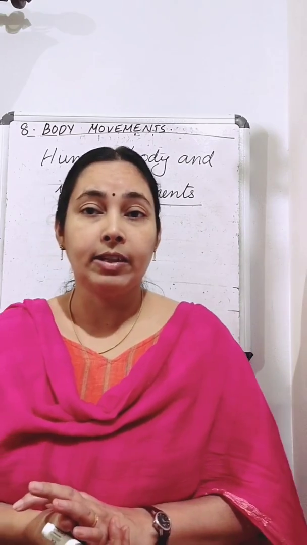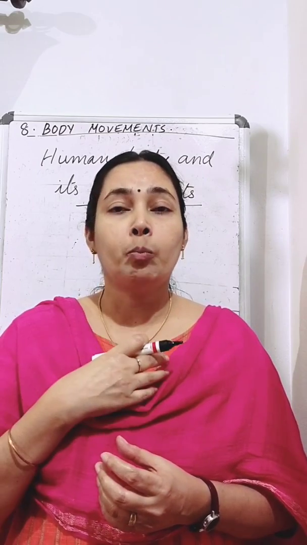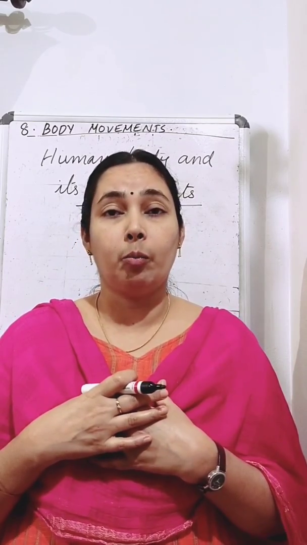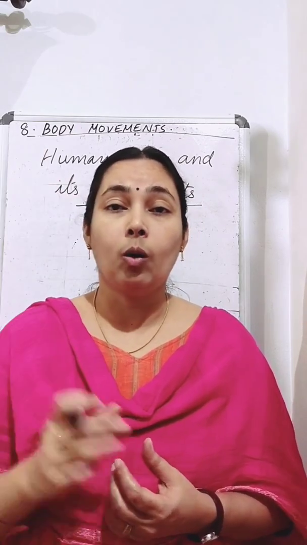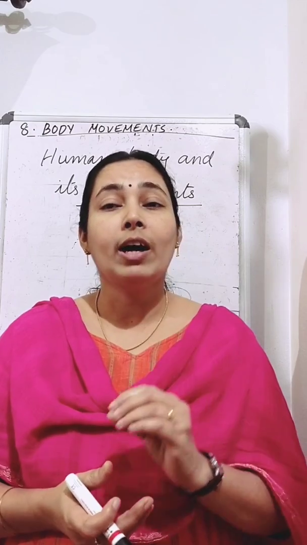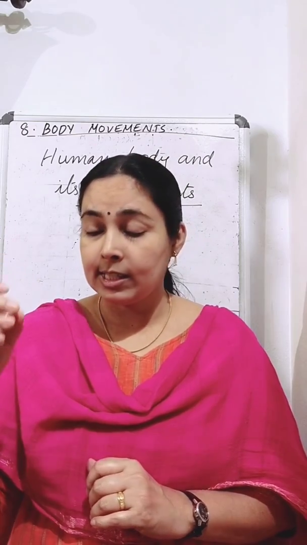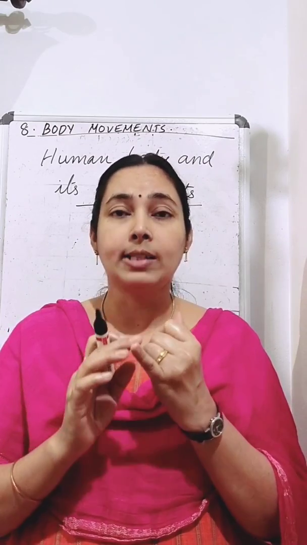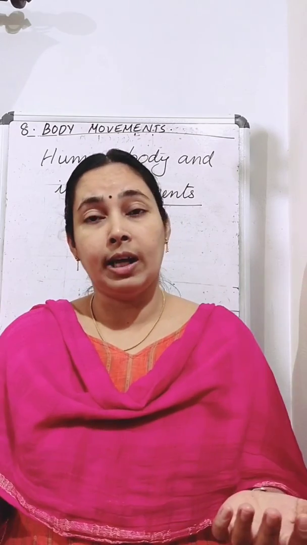Okay. So when you do this activity, what can you see? You can see that we are able to move a few parts of our body very easily, in various directions. But some parts we can move only in some directions. We can't move them in all directions. Or some parts we cannot move at all. So the doubt is why we cannot move some parts in some directions, and why we can move some parts in all directions.